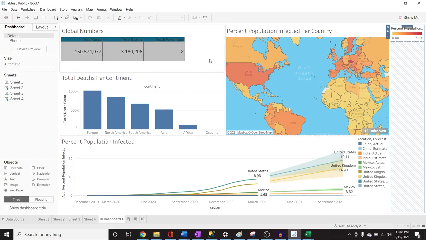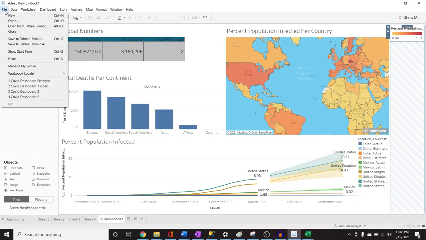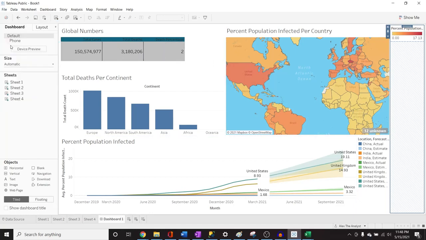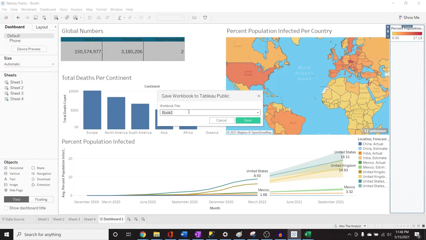Now let's say, okay, I finished my dashboard. I want to share this to LinkedIn. I want to share this as a portfolio project on my resume. How do I do that? So simple. We're going to go to File. We're going to do Save to Tableau Public As. It's going to basically ask what it is called, and I'm going to say,